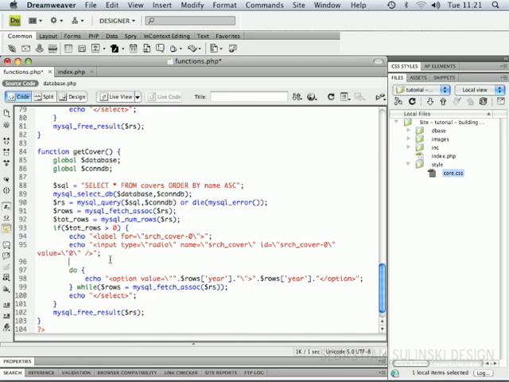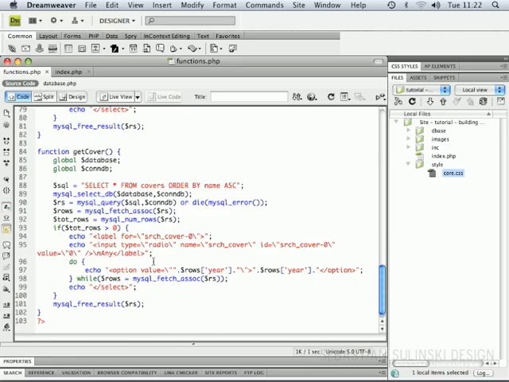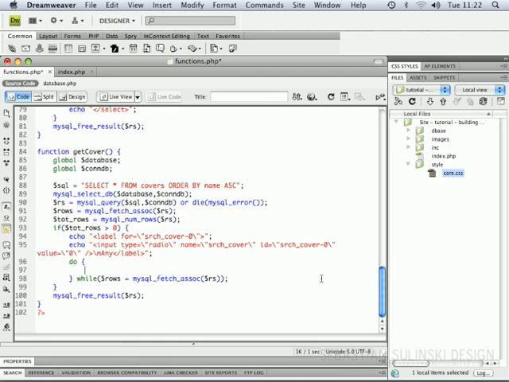Now, the next thing we need to do is to close our label as well. So right after this, if we create a new line and type any and close our label tag, that's all fine. Okay, now for the loop, obviously closing, we don't need anything after closing, so we can remove this echo closing select tag. We can remove whatever we've got in between the do and while statement, copy these first two lines, paste